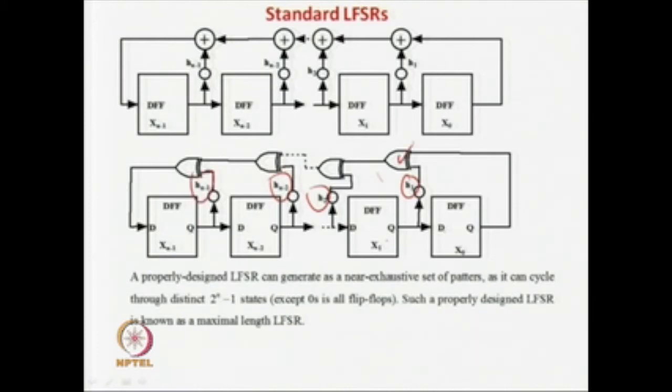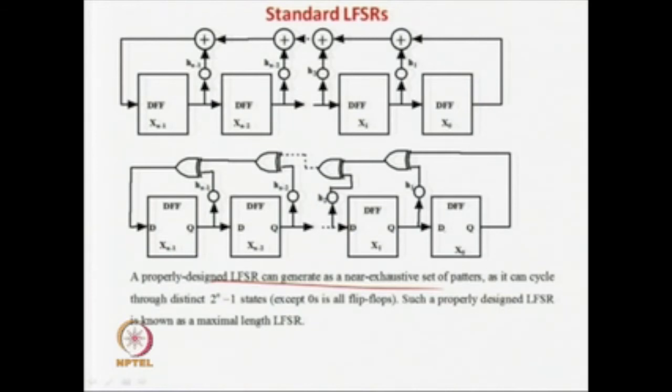If it is 0, that means this XOR gate feedback is involved. If you say H1 is 1, then this flip flop is used in the feedback. If it is 0, then this flip flop is not used in the feedback. So, this will be a direct connection over here and this thing is not there. So, by using these H values to be 0 and 1, you can get different configurations of these LFSRs. So, that is what they are saying, a properly designed LFSR. Properly designed means by using proper values of these H values, zeros and ones, you can generate a